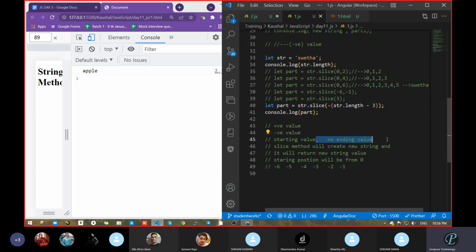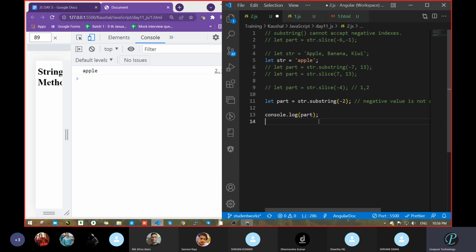A start value, no end value, it will take like that. The same thing the slice method will create, the same thing the substring method will create. It will return a new string value. So all things will be the same, with only one difference, that is the case of negative value. Take care. In interviews, it's asked. These are the differences between slice and substring. Suddenly they will ask the question, what is the difference between slice, substring, substr? You become 0, 100%, if you do not take care there, because when they say the word, you will get confused within a second. So you have to take care.